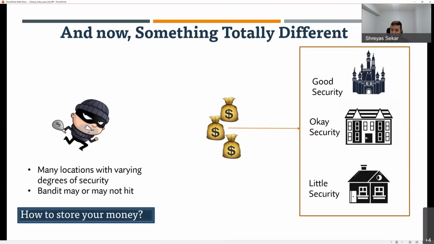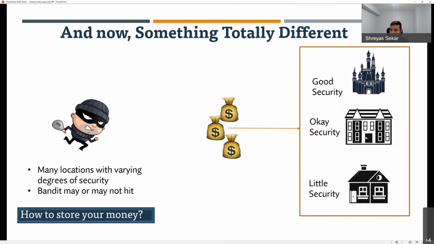Let's say that you've made it wealthy and invested in Amazon stock in '96, so you're now a millionaire, and you have these 3 amazing houses in Troy. One of them is this huge castle with great security. The second one is a nice townhouse with okay security, and the third is something that's downtown, which is kind of okay but has poor security.